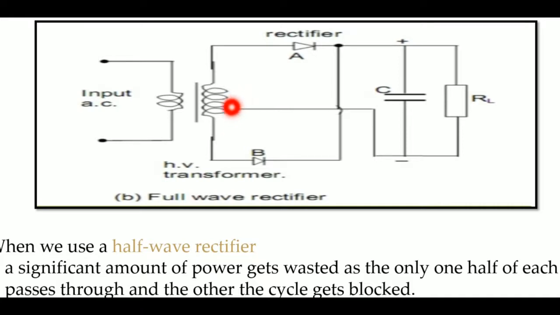actually divides this AC voltage into two equal and opposite voltages like VA and VB. Getting my point? Here the positive voltage VA will be there, and here the negative voltage VB will be there. Then the total output voltage will be the sum of VA and VB. So what is the advantage of this center tapped transformer? It will divide this AC voltage into two equal and opposite voltages, and the total voltage will be the sum, V equal to VA plus VB.